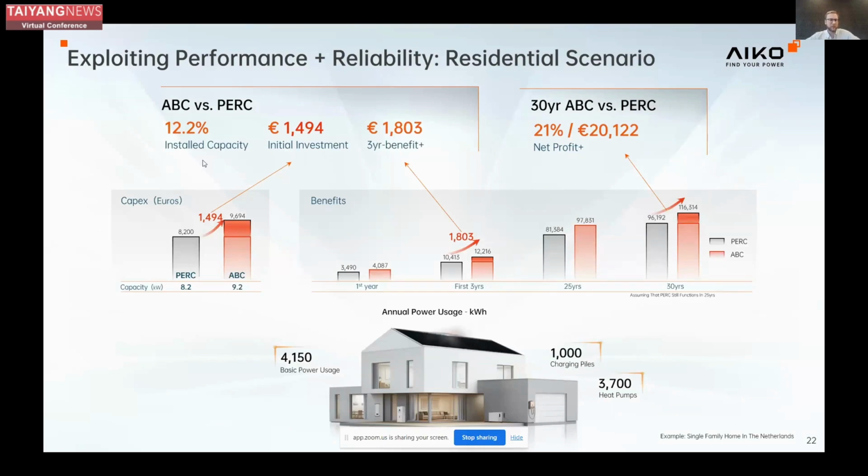And then if you want to exploit the performance that we have, so the high efficiency and also the reliability aspects, of course, for a real life application, you're very interested in the earnings. So here, just one typical example. This is a house in the Netherlands that you see here. So if we compare the IBC